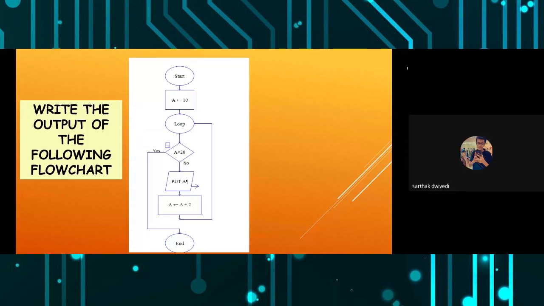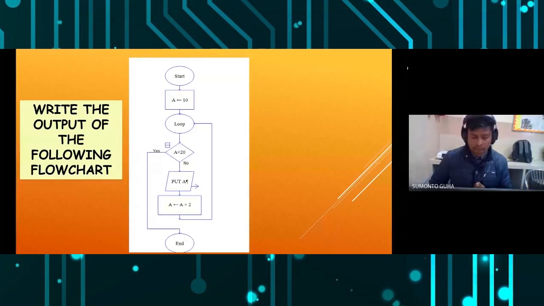I think now all have agreed that the value of A has been given 10. And the moment the condition is checked, the condition becomes true. And in a flowchart, always remember that when we are making a flowchart in Raptor, Raptor doesn't give us different types of flexibility. Raptor immediately asks to tell me the condition where you want to exit the loop. So here you can see that the condition A less than 20 is true. So it will move to the left side, that is yes, and it will go down and it will end. So this flowchart we have understood, nothing will be printed. So no output. Right answer is no output.